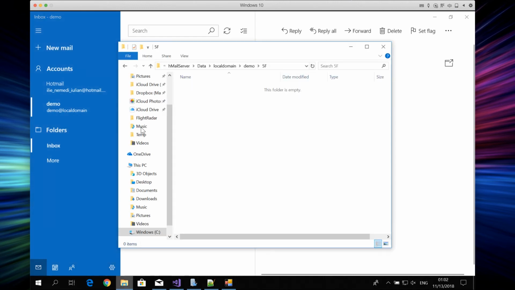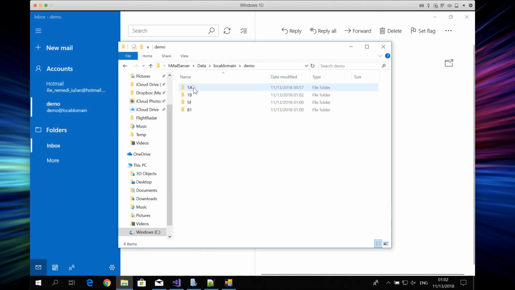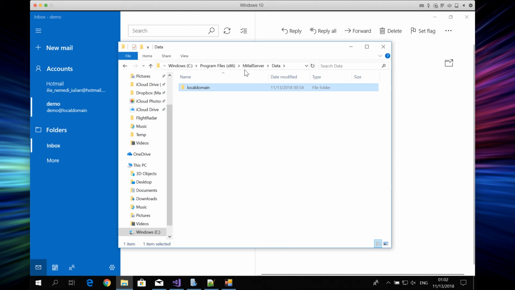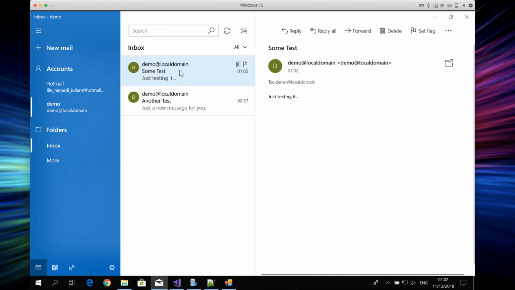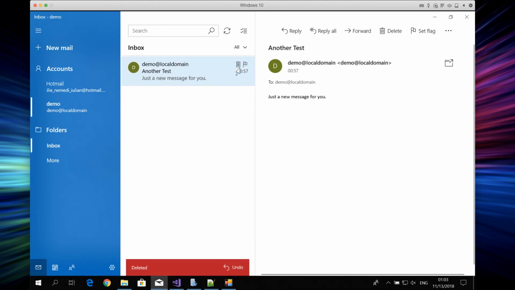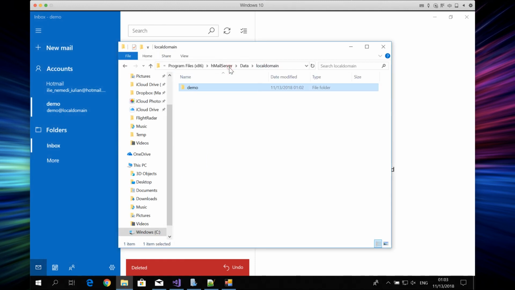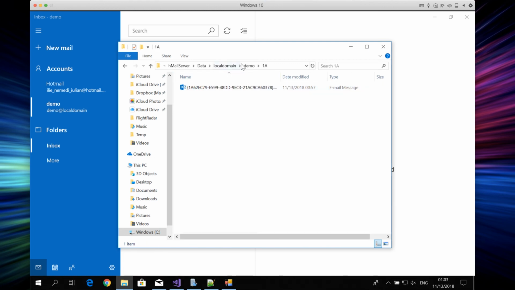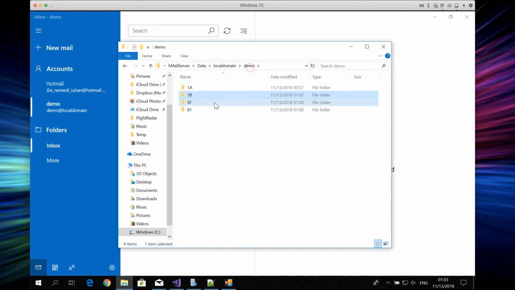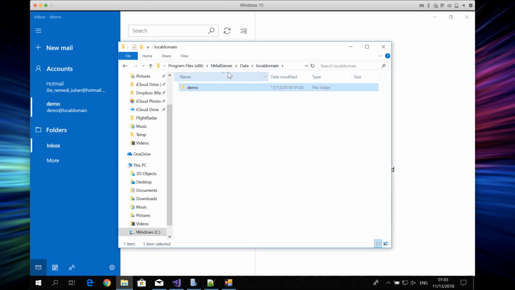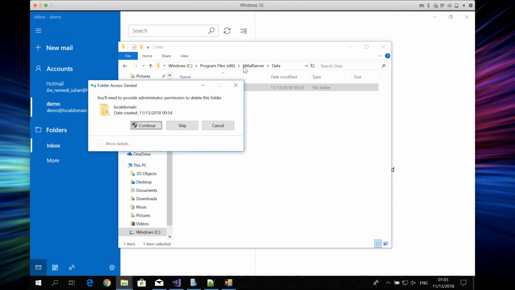And if I go in here and check how my local storage looks, I have some emails that were already sent and received by the server. Now let me delete these emails, and if I go in here on my local domain, you see that those messages were marked to be deleted, but they were not actually deleted. So just one of them was actually deleted. Let me delete it for you from the disk as well,